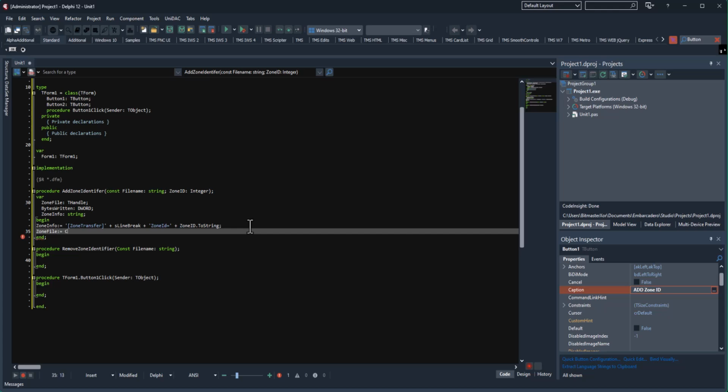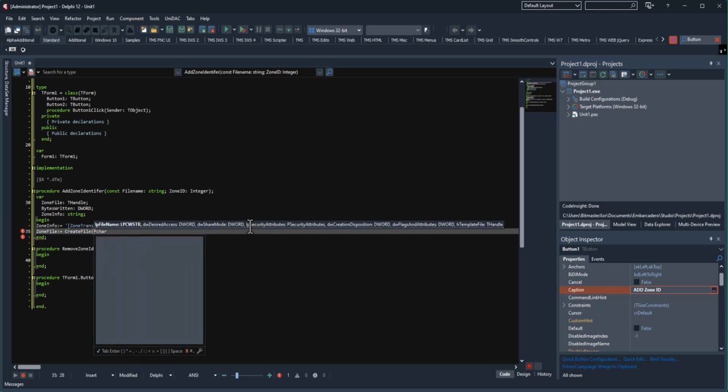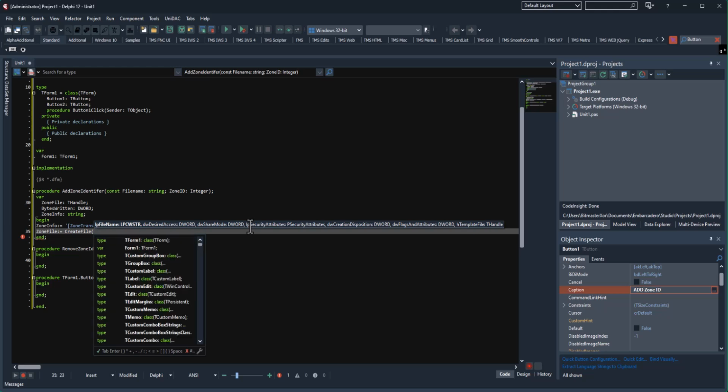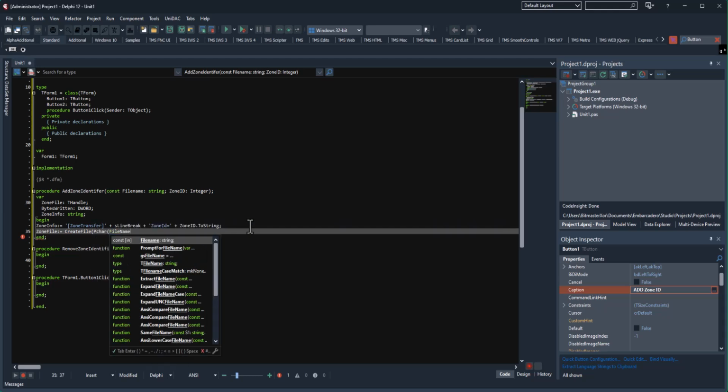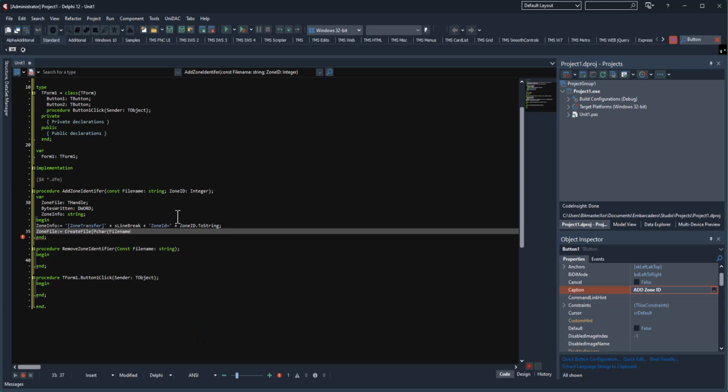we're going to do create file with a P character. And here, let me back this up a little bit. We're going to do the file name, desired access, and so on. Okay, it's just a basic. So create file, and then we're going to do P character, the file name, which was passed to us in our procedure up above there, which is a constant string. If you see that right here, guys, I'm talking about this, right? So we're going to do file name, and then we're going to do plus. We're going to add or append on to the end of what we're looking for, which is the zone